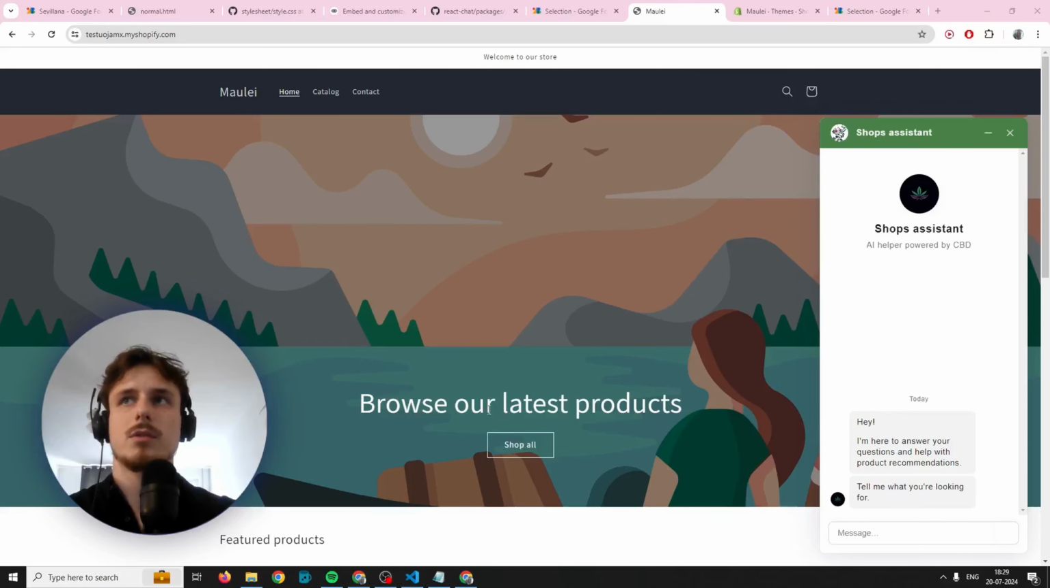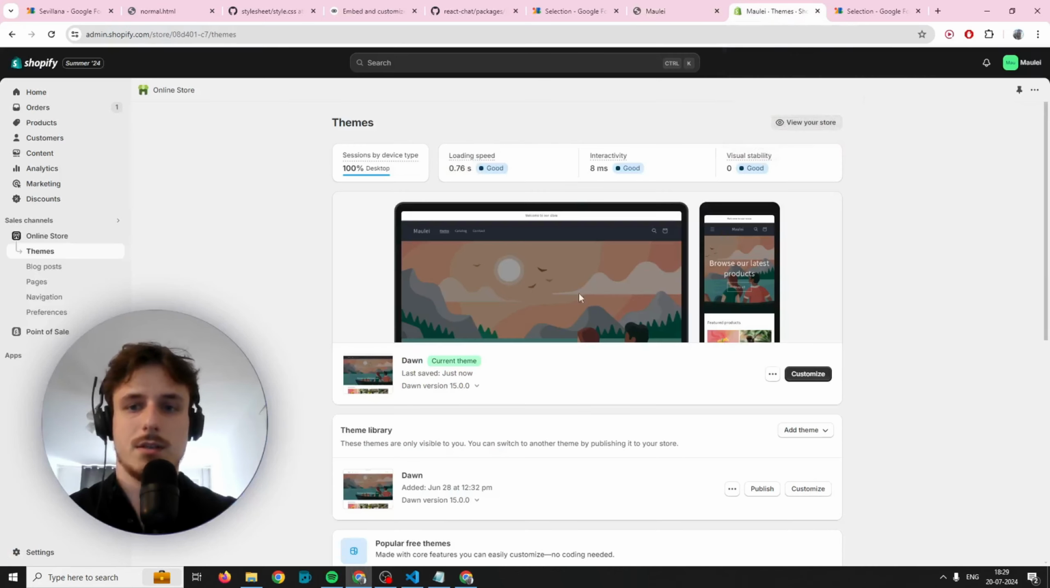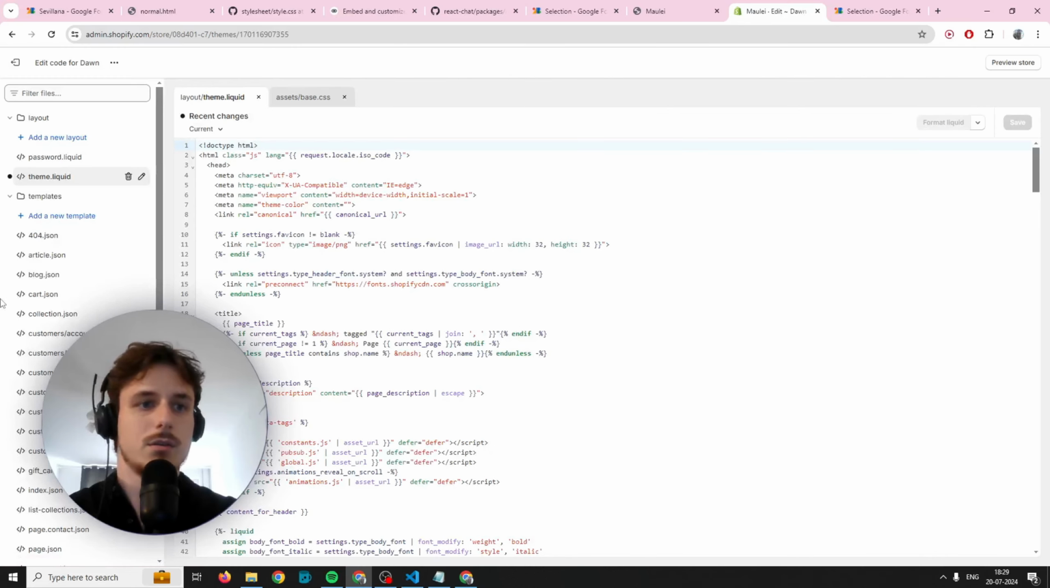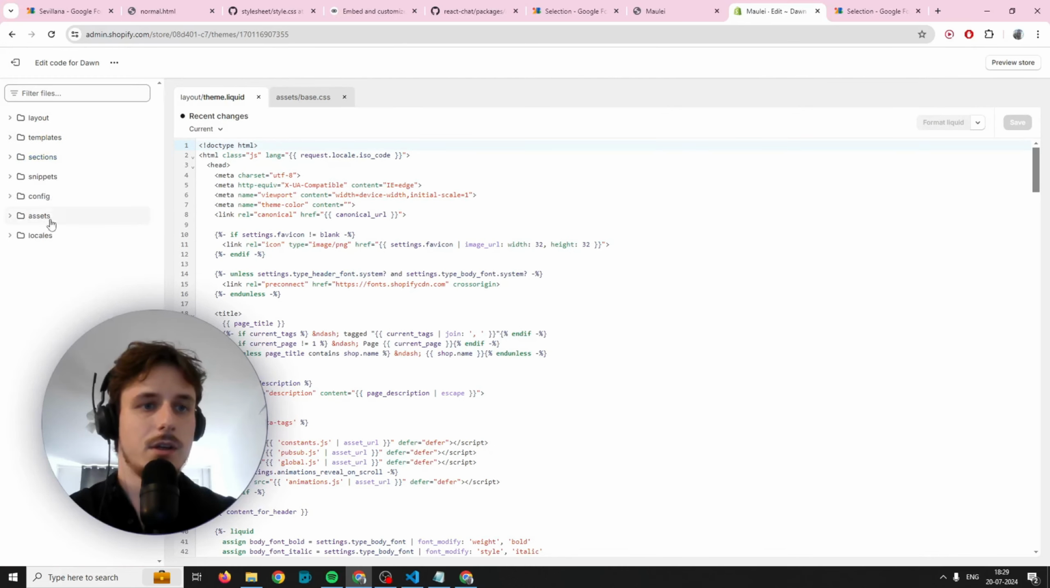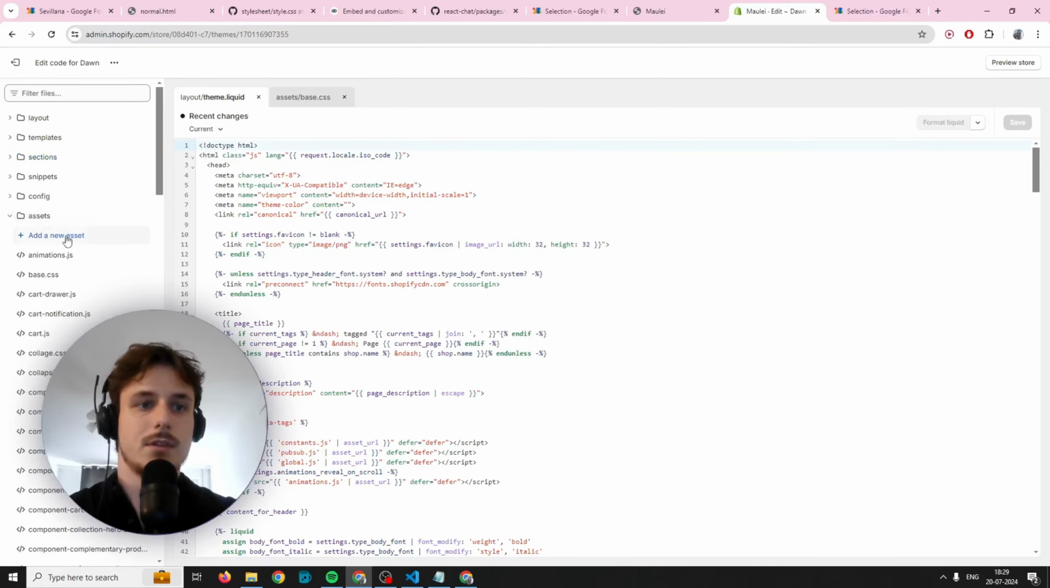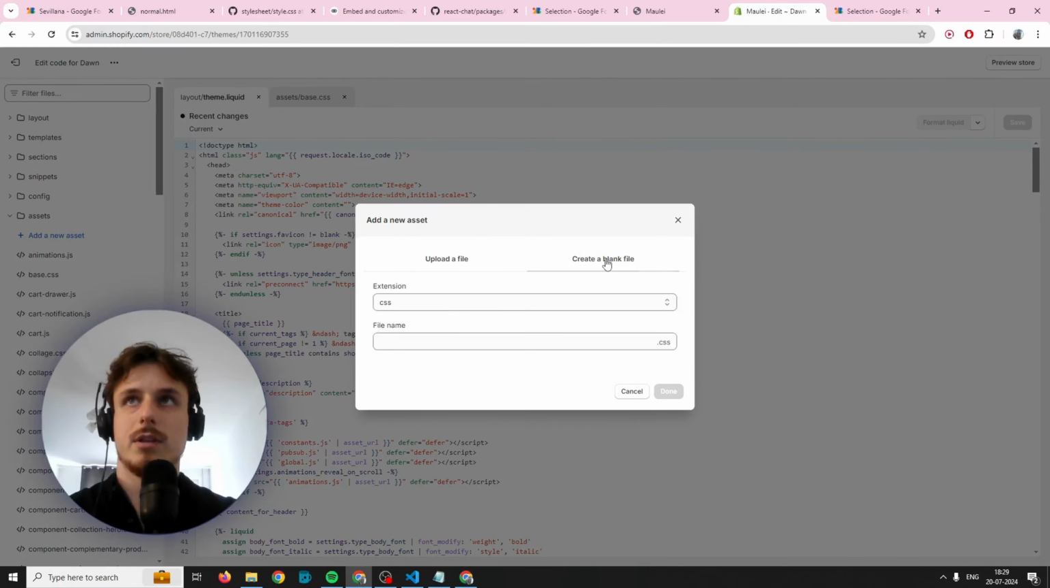One more thing I'm going to show you is how you can customize a Shopify store. It's a little bit different. We don't need a GitHub hosted style sheet. We can do everything locally inside Shopify. So let's go to our store settings, go to the themes, go to code, edit code. Now let's find assets, click new asset, create a blank file, choose CSS, let's name it chatbot style,